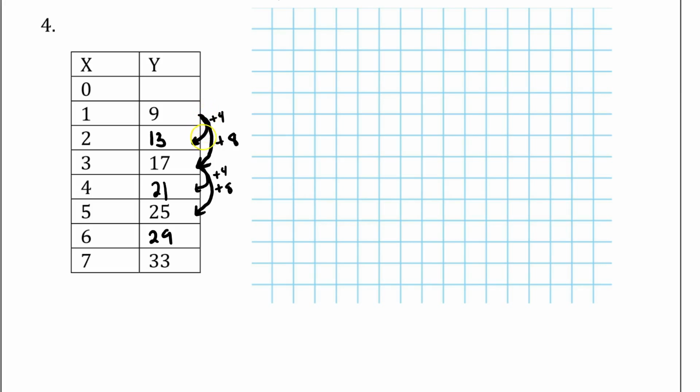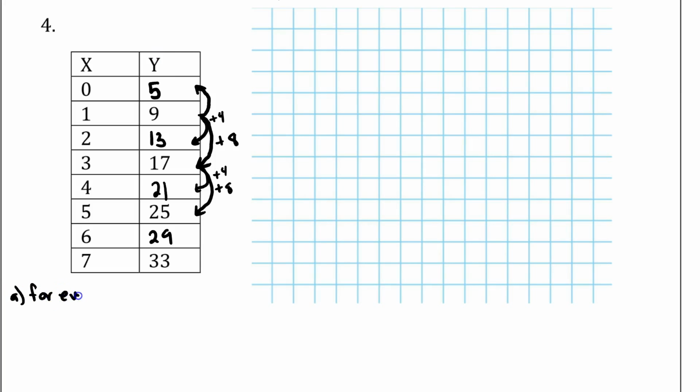So when we jump down 1, we go up 4. So if we want to go up 1 level, we're going to subtract 4. So our constant term, or our constant value, is going to be 5. So this one is a little bit stranger because we don't really have a context, but if I were to say in words,